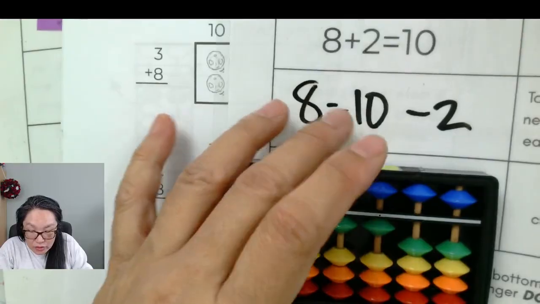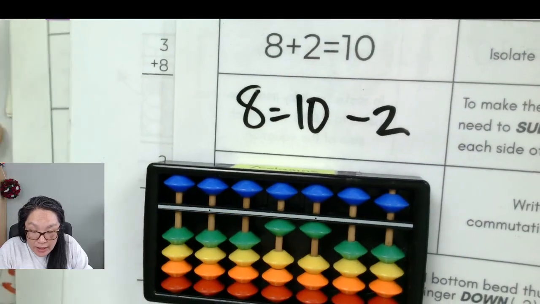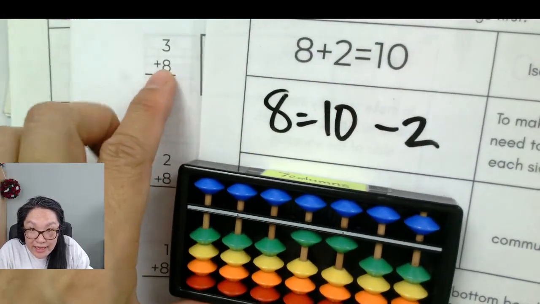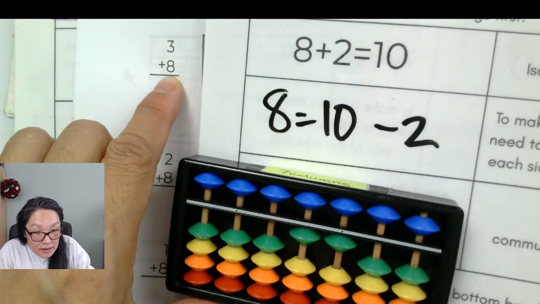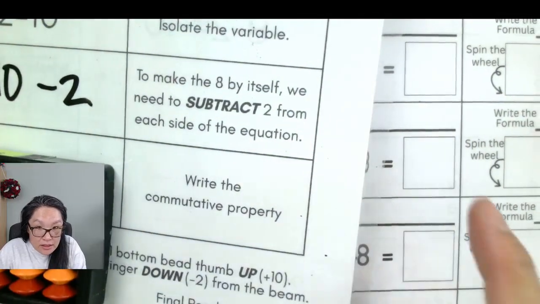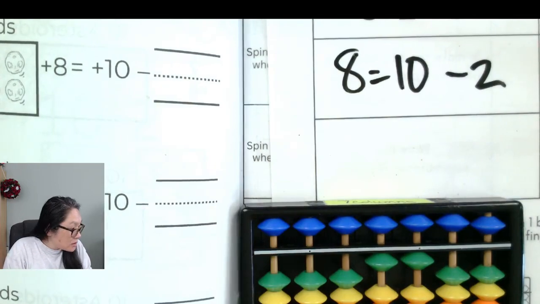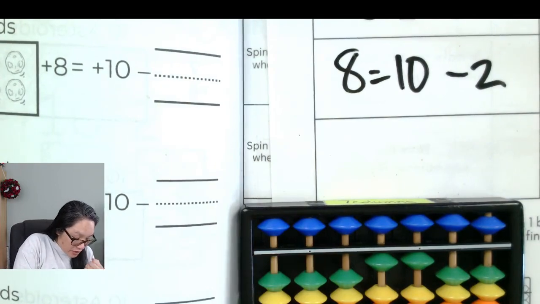What did I just do? I just did 3 plus 8. And then, if you notice, I only focus on the add-in. My add-in is 8. Okay, so does that make sense? So now, look, minus 2. Well, if we saw it before, minus 2,